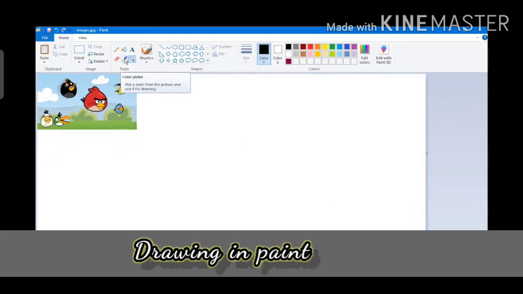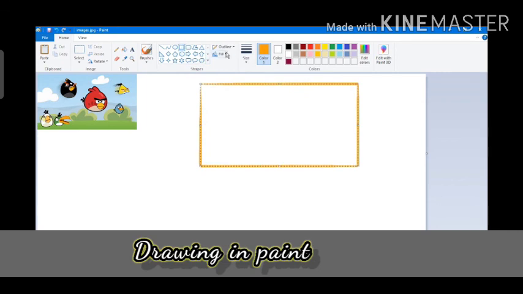Now we will be seeing about the color picker option. This one, next one to it. I can pick any color from over here, red or yellow or green or whichever color you want. Okay, and that color will get picked from that picture, and then you can use that particular color in the other image over here. See, now this blue color, like this. So you can use all the colors that you want.